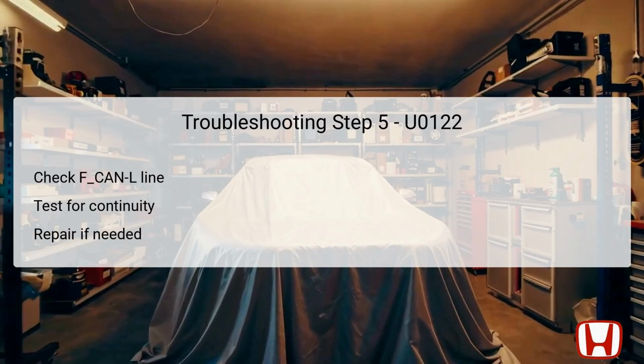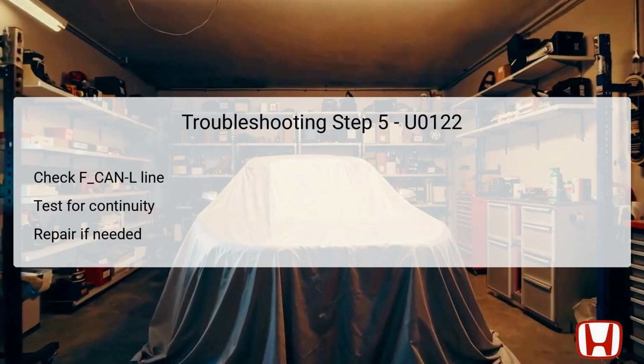Following the verification of the FCAN-H line, the next step is to perform a continuity check on the FCAN-L line. This communication line is equally important for proper coordination between the ECM and the VSA Modulator-Control unit, and any issues here could lead to the same DTC error. Similar to the previous step, ensure that the ignition switch is in the lock position 0, and then disconnect the necessary connectors. You will check for continuity between test points on the FCAN-L line to ensure there are no breaks